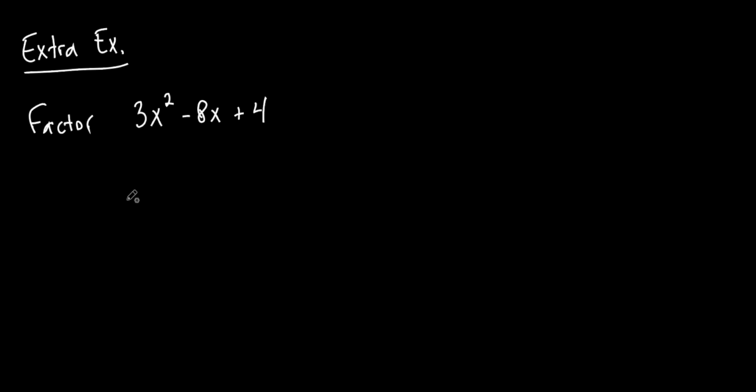Now again, you could just sit there and put 2 parentheses and then try a bunch of numbers. But you're going to have a lot of options, and it's not the most efficient way to do this. You might guess the first time and get lucky and get it right. So what are we going to do first? What's the first thing we do? Multiply the 3. Yep, multiply the 3 and the 4 together, which gives us, I'll do this, 3 times 4